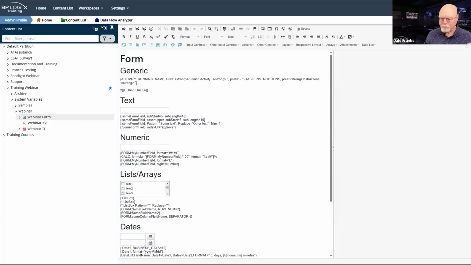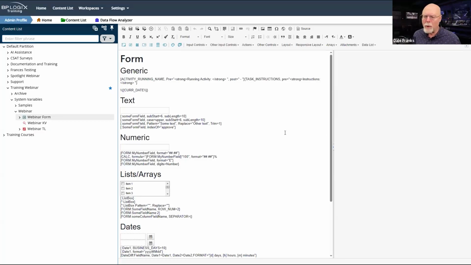And this week we're going to be talking about system variables, specifically system variable parameters. I'm not sure how long I can drag this one out. It may be one of the shorter ones, but I've got a form where I've built some system variables and some controls, and we're going to see some various things that you can do with system variables off of the parameter side. So let me share my screen and we'll just get started.